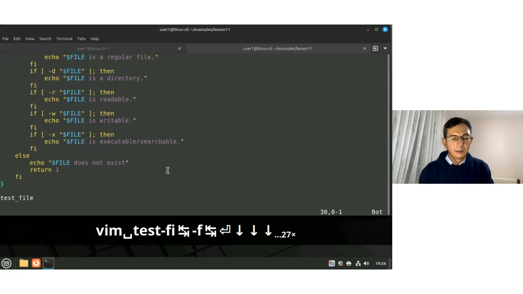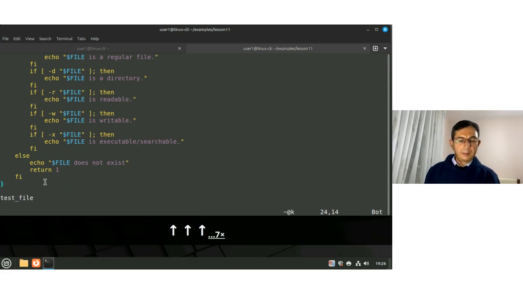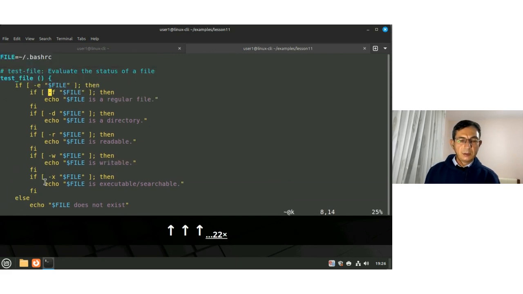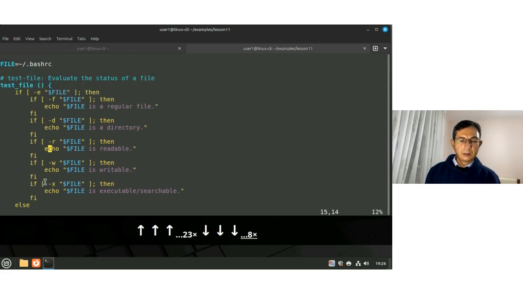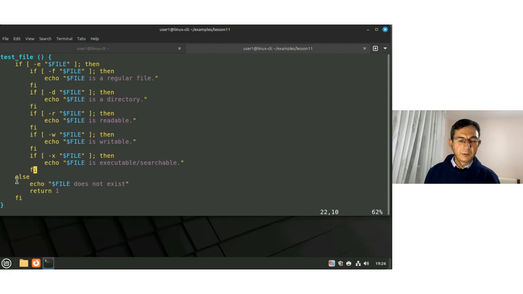So it is almost the same thing, except that all the testing is included inside this function test file, and at the end of the script, we are calling this function test file. But there is a small thing different from the first script: when we are inside the function,